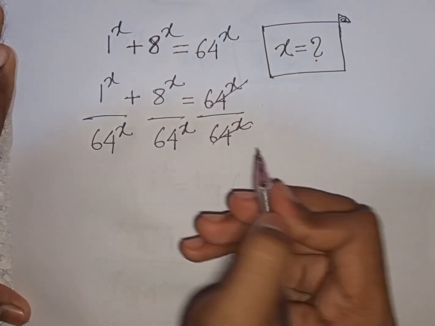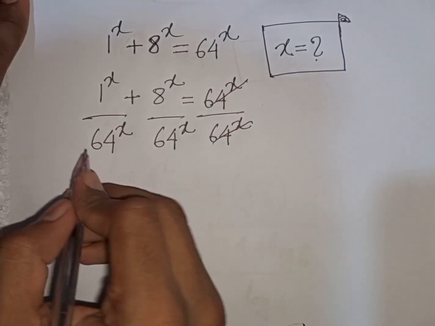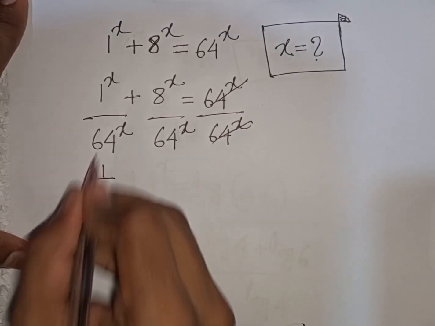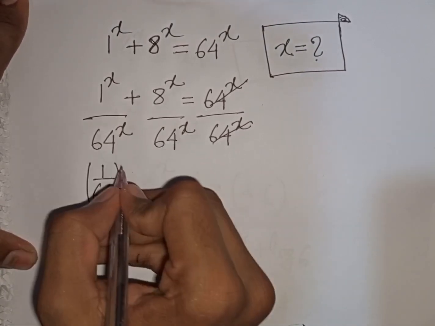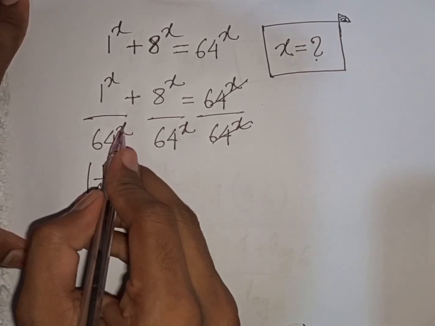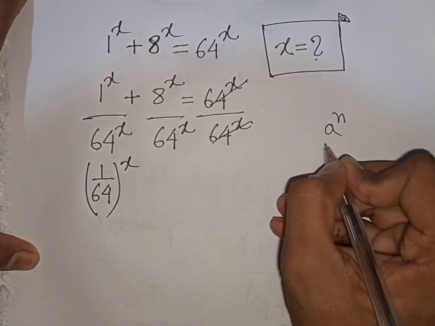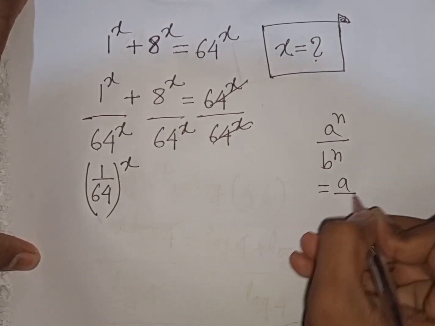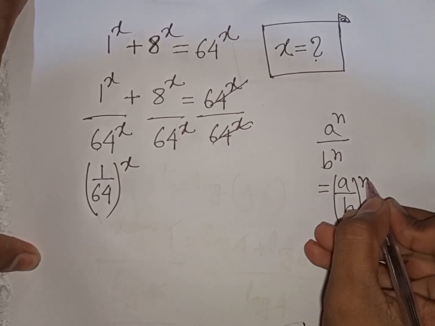Now, this will be cancelled. Now, 1 power x over 64 power x can be written as 1 over 64, then bracket common power x, because x is the same power but a different base. According to this formula, a power n over b power n is equal to a over b, then bracket common power n,